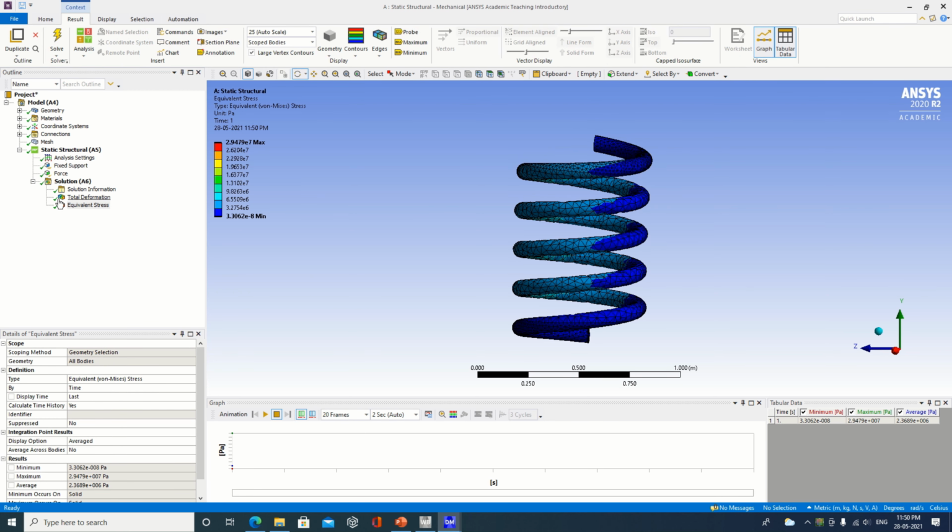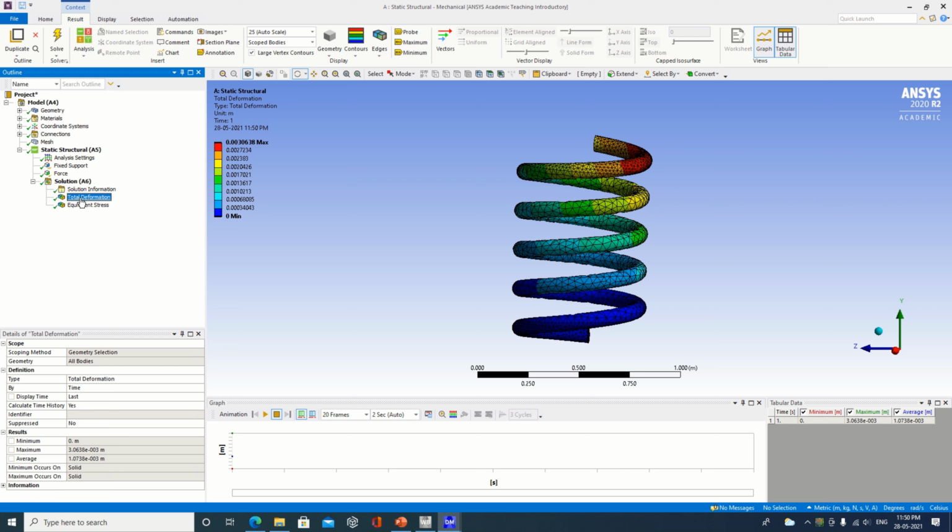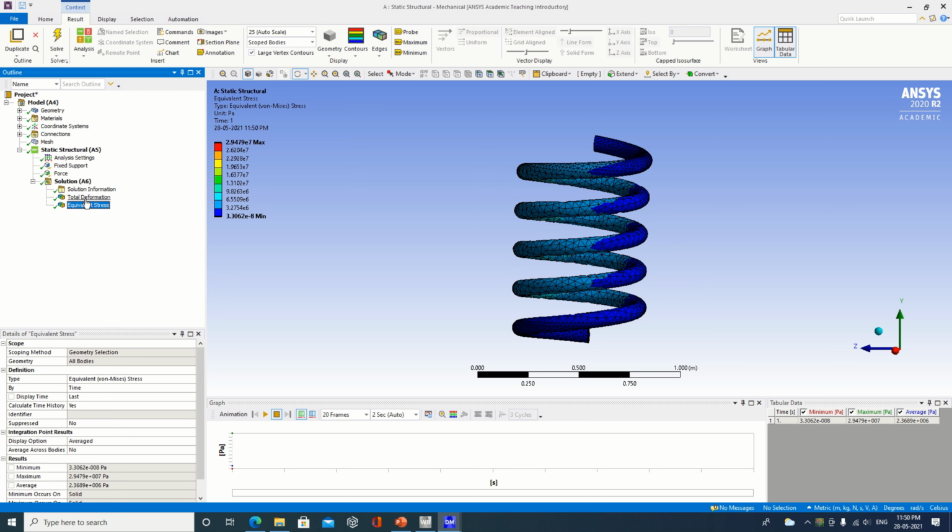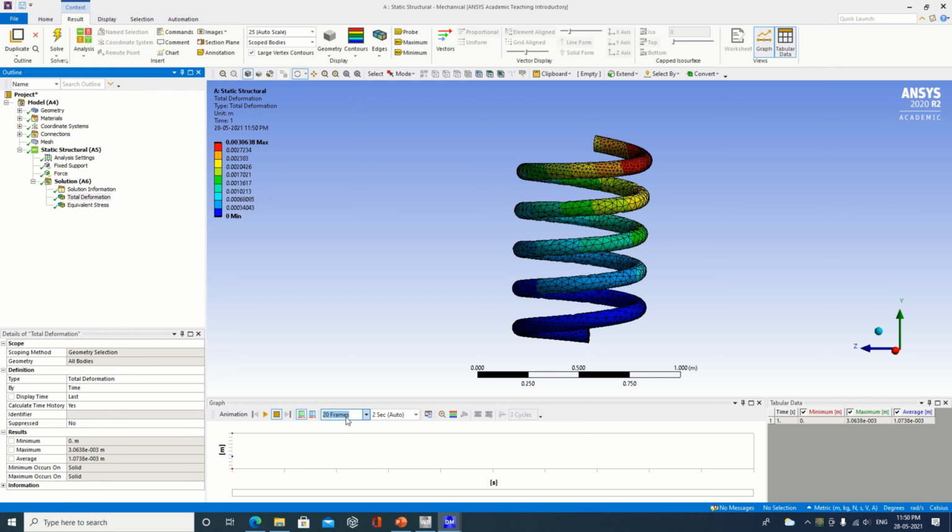Okay, so in front of this, if you get a right click, it means the solution has been there and we have successfully solved this. If you don't get any right click over there, it means there is some error. You have to check it again. So here we have generated. Let's see with the help of the frames. I am taking it 10 seconds.